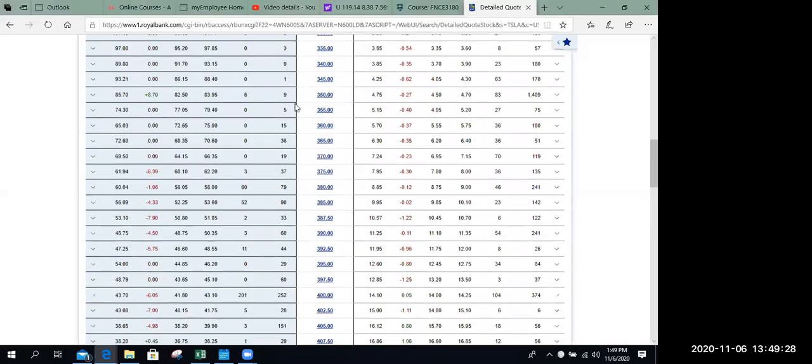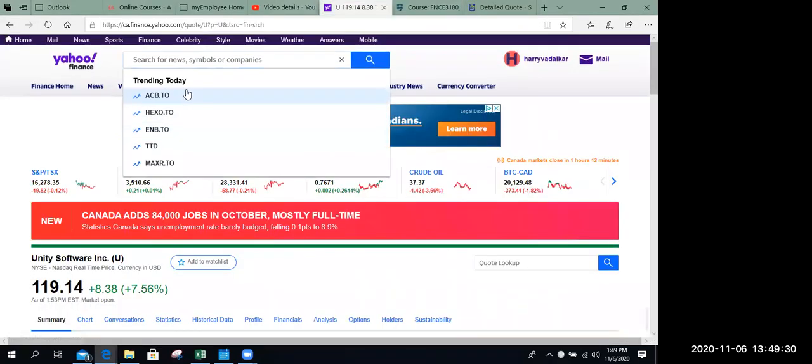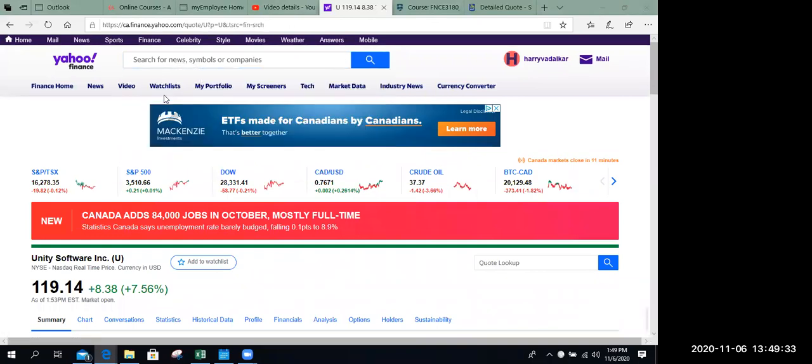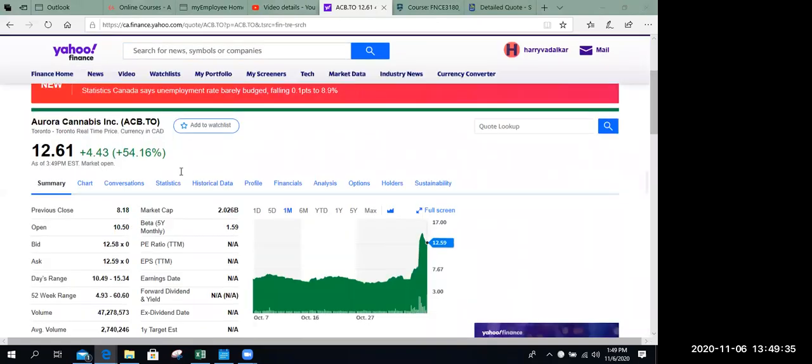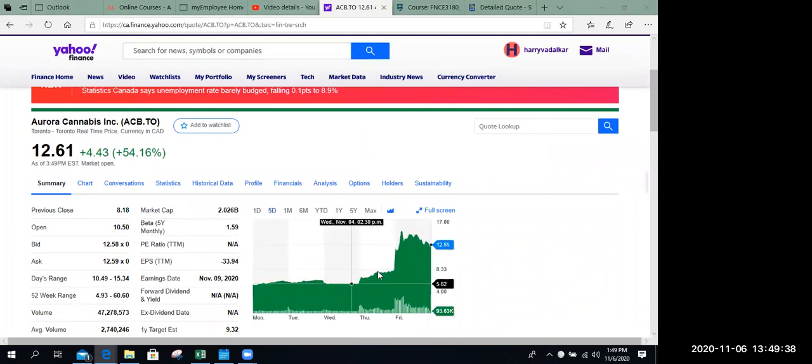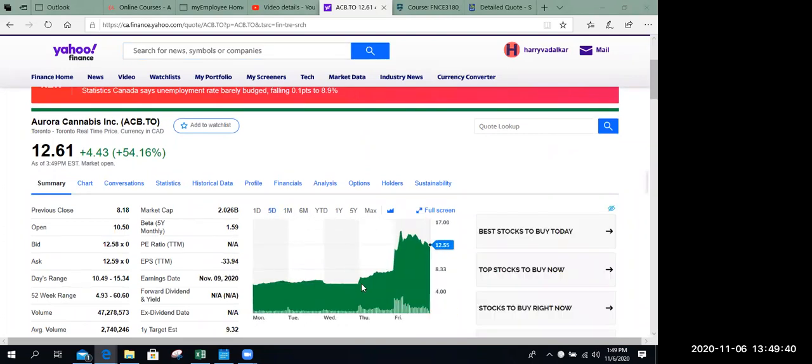For example, if you look at this stock, it's a cannabis stock. It has been legalized. So in the last 5 days, if you see, it has doubled. It has gone from $5 to $12. That is the legalization of cannabis, right? So massive means it has gone up more than 100%. But if it was not legalized, it would have gone down by 100%. So you don't know which direction it is going to go. That's when you do a straddle.